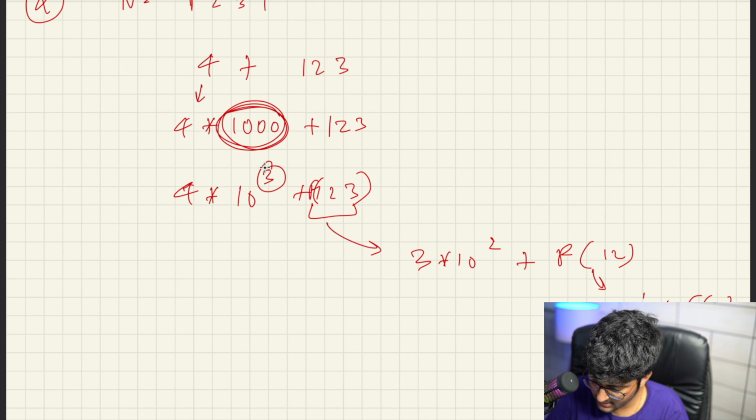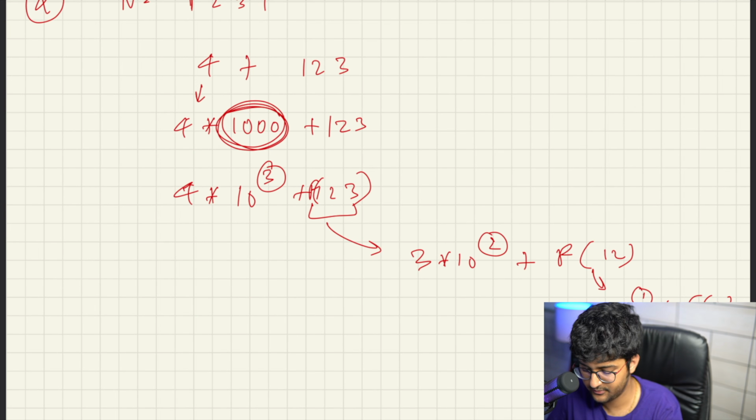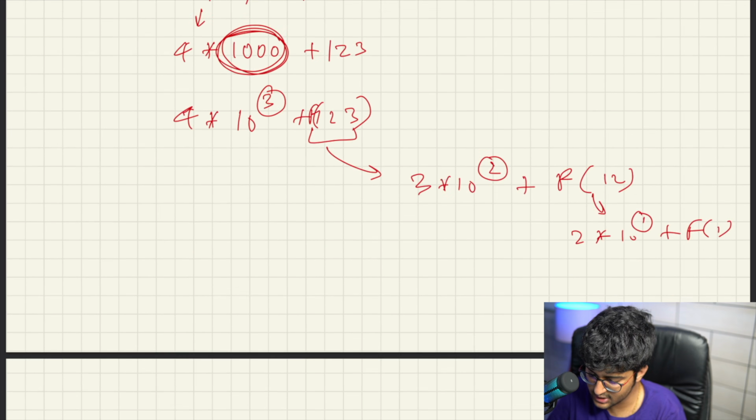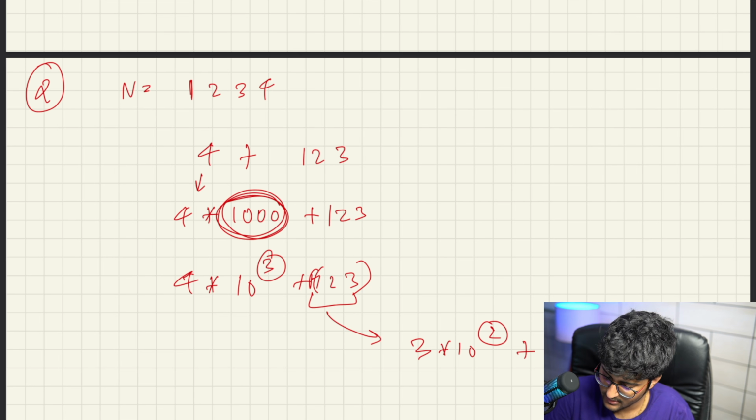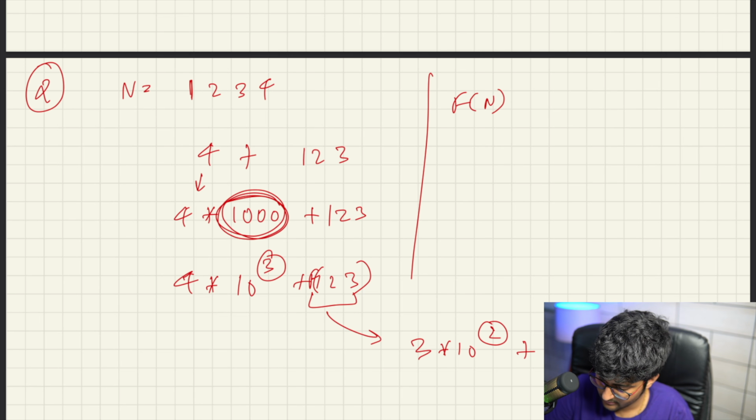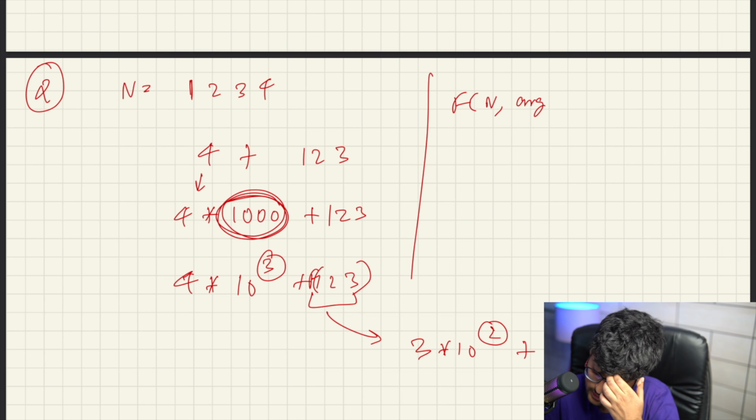So this particular thing I can actually pass as an argument. Initially the argument I can pass is the total number of digits minus 1. So I can pass the argument like this. I can say f of n, and initially I'm passing the number of arguments. Number of arguments I can pass in this, and it's going to be equal to